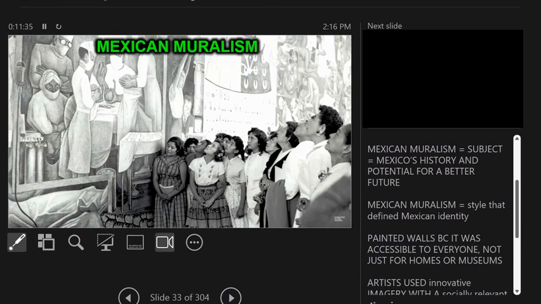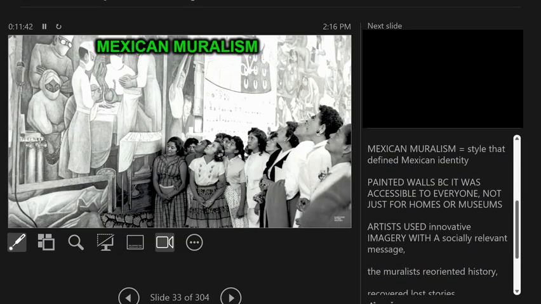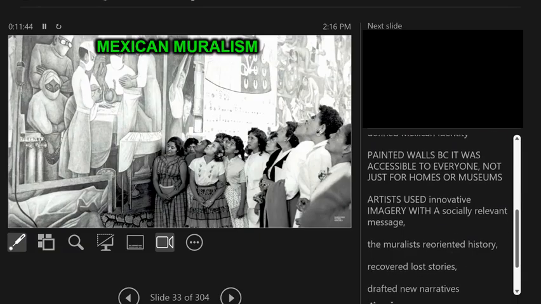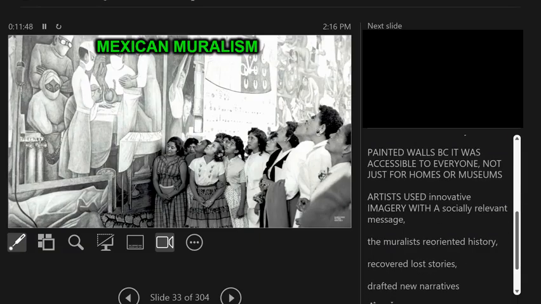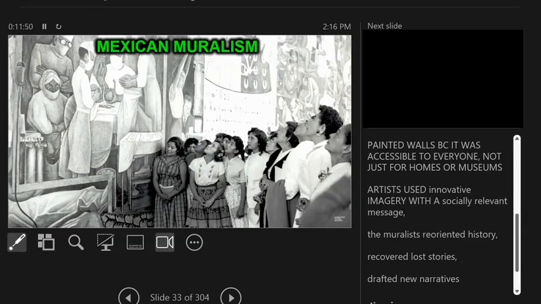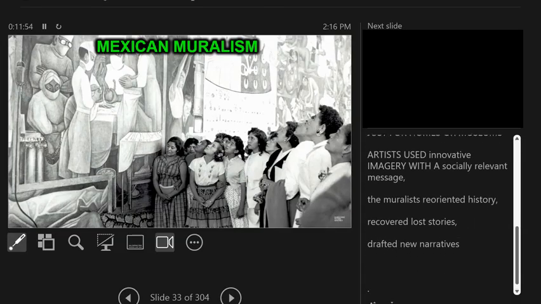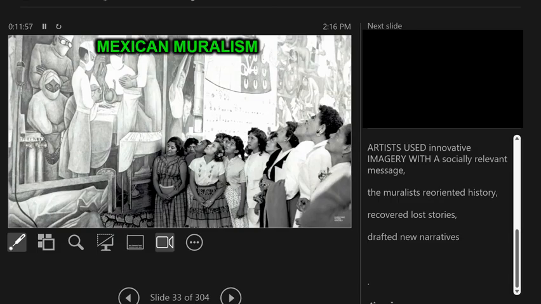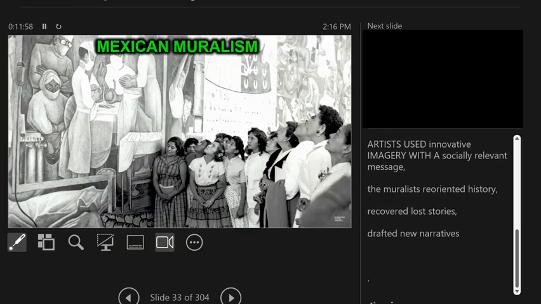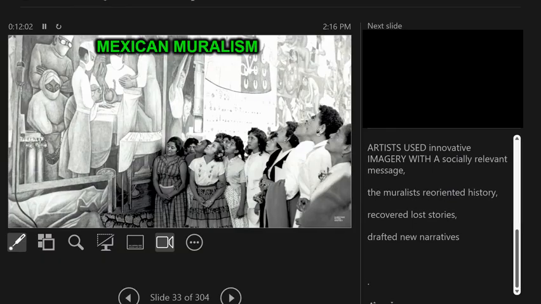And Mexican muralism, the main subject is Mexico's history and the potential for a better future. It was a style that defined the Mexican identity. And it was painted on walls because it was the most accessible place for everyone, not just for homes or for museums. So artists used innovative imagery with a socially relevant message, and the muralists reoriented history, recovered lost stories,